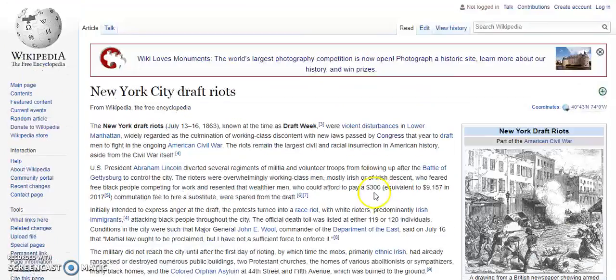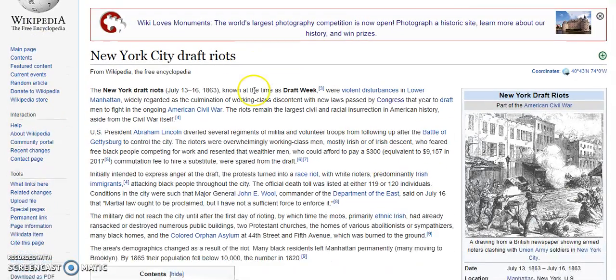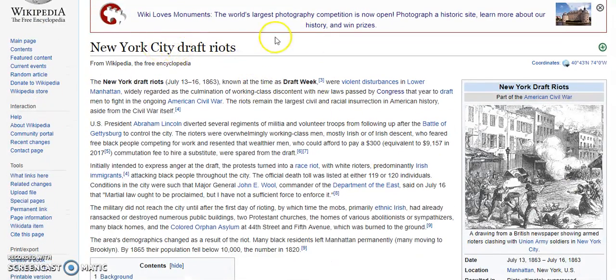So if you're looking for something for conflict, this is a great one, because when we think Civil War, we think battles, but this is a conflict that's happening in a community, in a city, and they're dealing with issues other than just the Union and the Confederacy soldiers. So I like this one for conflict, definitely during the Civil War time.